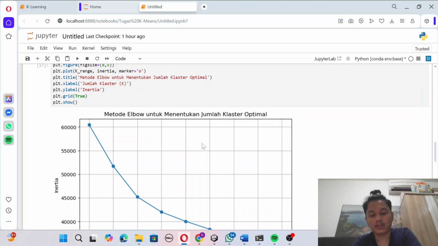It can be observed that when the number of clusters increases from 1 to 3, the inertia value decreases significantly. However, after the third cluster, the decline in inertia becomes more gradual and less significant.